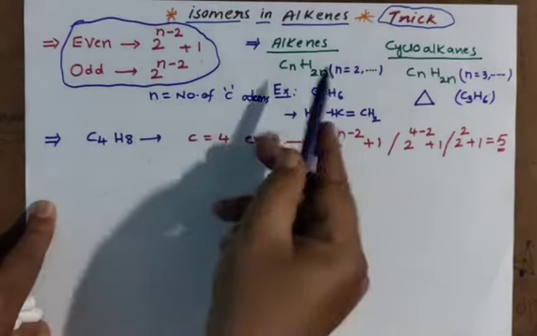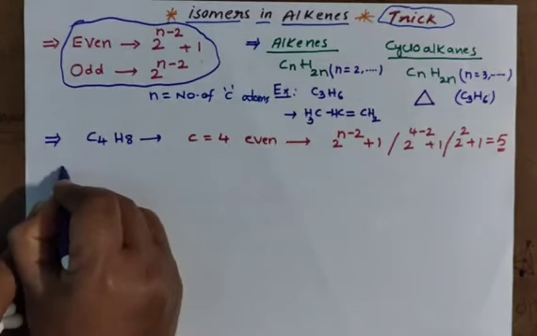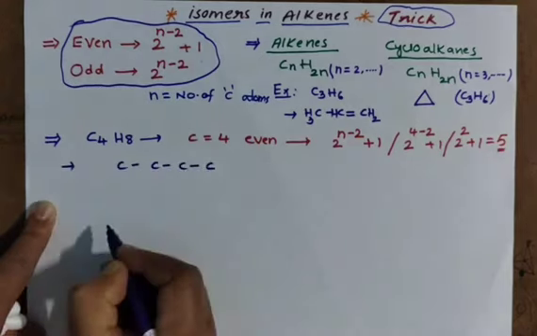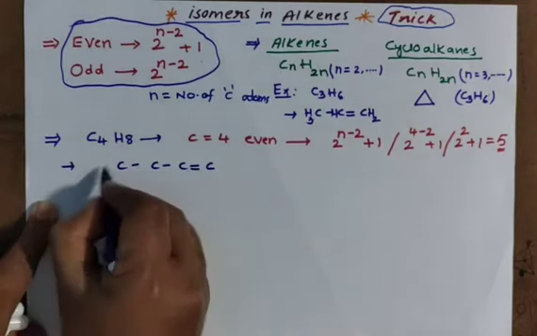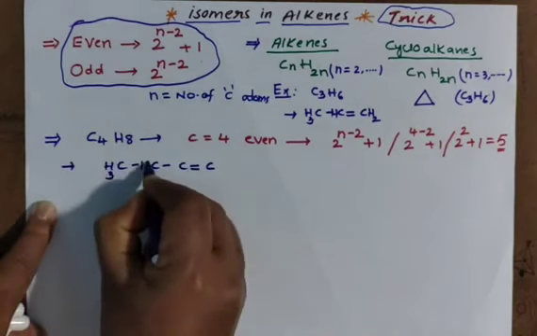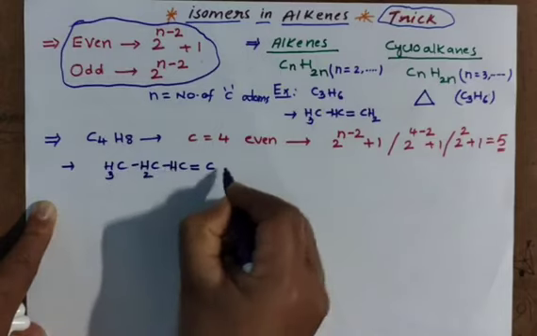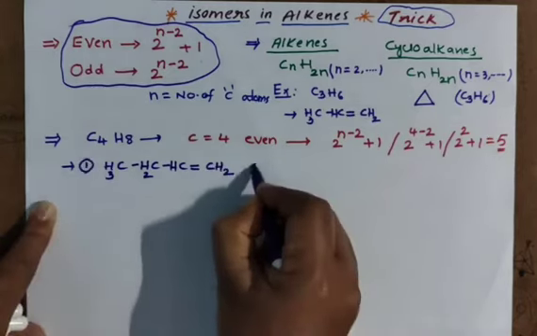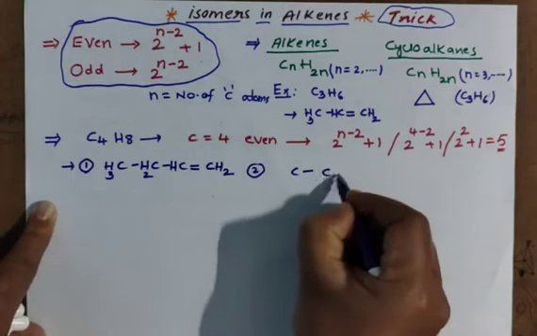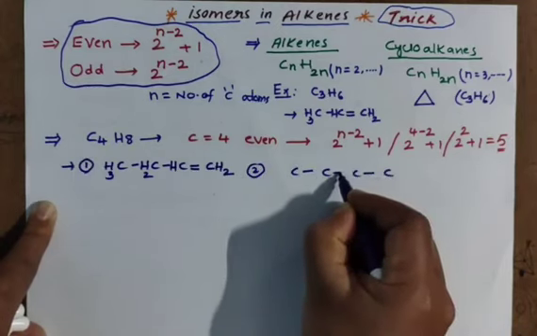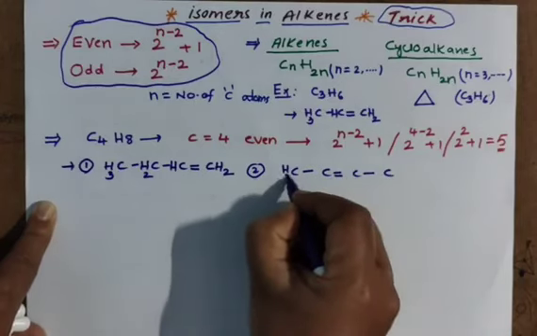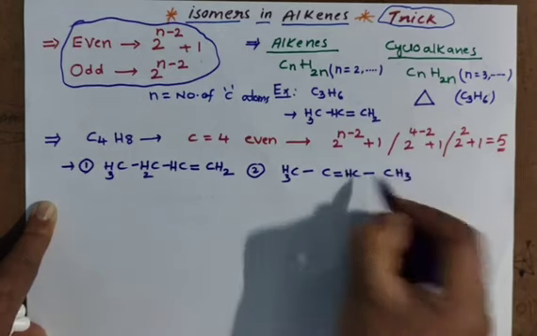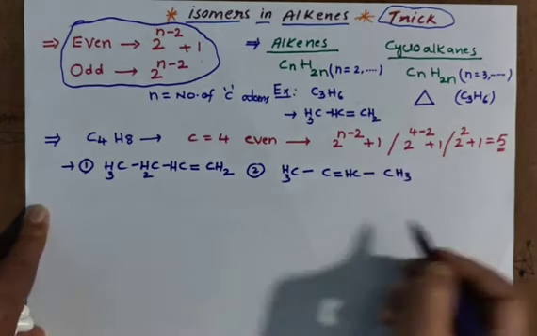So this we know already, we are doing with alkenes. I am drawing the structures now. 4 carbon atoms. Alkene means one double bond we have to take. CH3, CH2, CH, CH2. This we call 1-butene. Now I am changing the double bond position. This time I am taking the double bond here: CH3, CH, CH, CH3, and this already has 3 bonds. This is 2-butene.